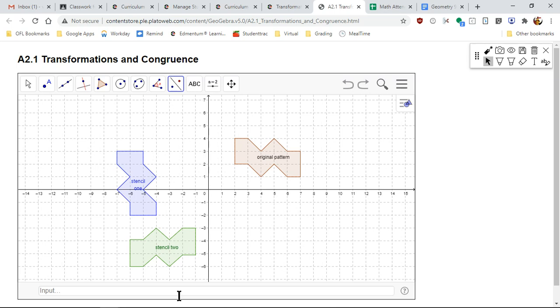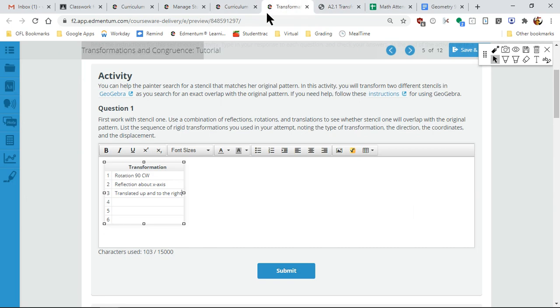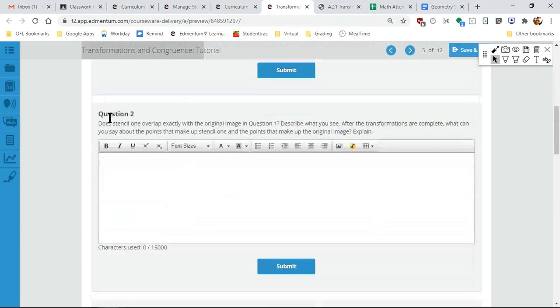All right. So the next one I see here for stencil 2, well, let's see what it did here. Does the stencil overlap exactly? So does it overlap exactly after the transformation is complete? What can you say about the points in the stencil? Use this. So I would say yes,